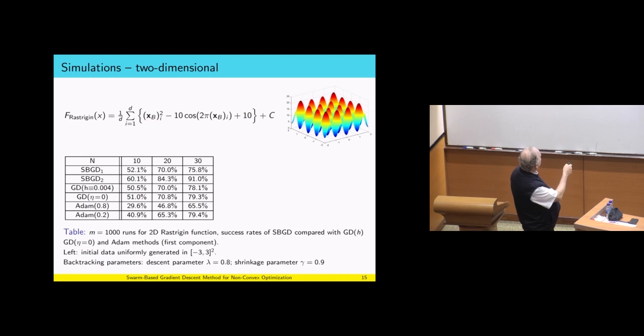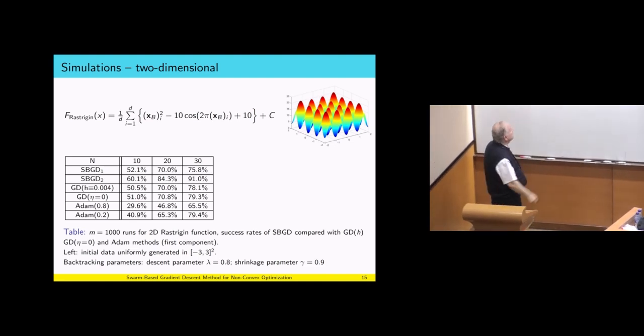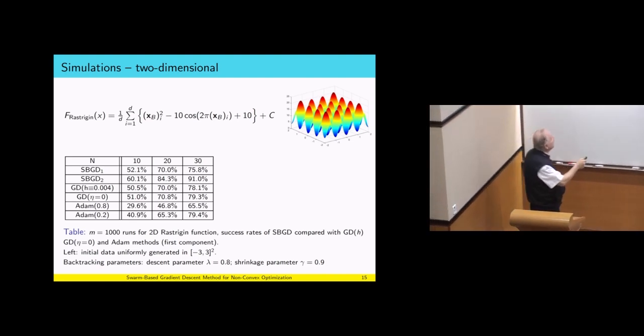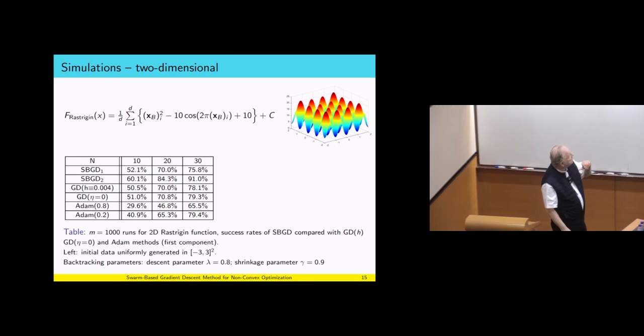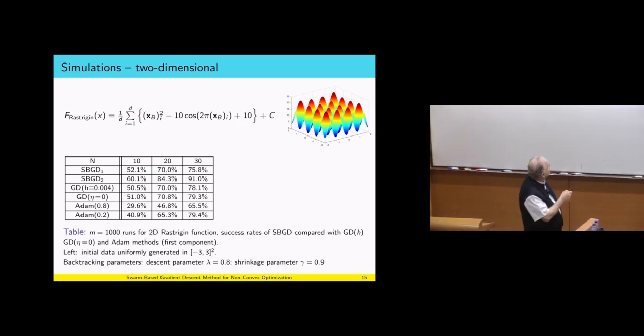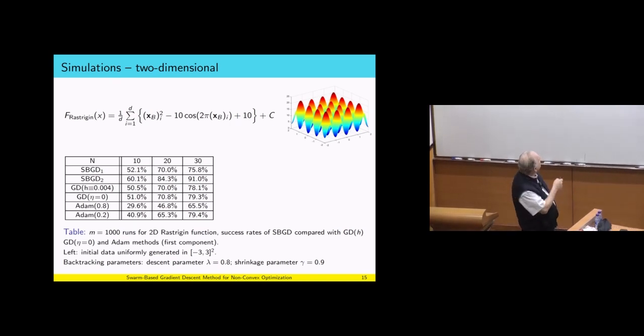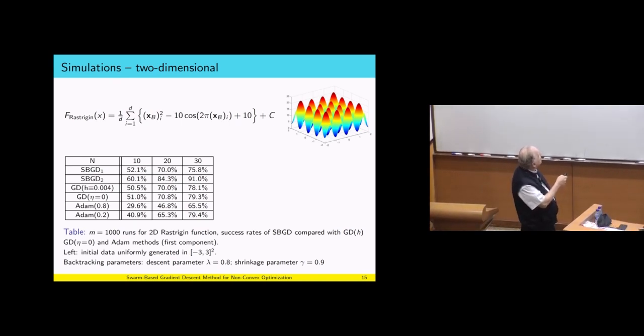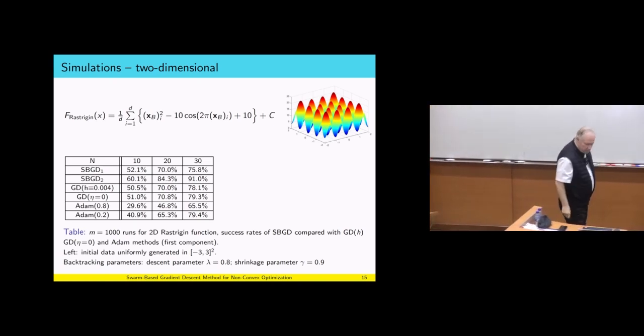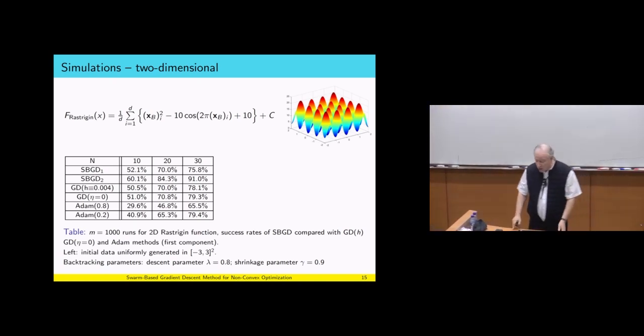And we compare SBGD1, SBGD2. This index is the power that I mentioned before. Gradient descent with a fixed step size, gradient descent with no communication, Adam method with various steps that I will not get into. And you can see the success rate roughly, if you're asking me, the same. I mean, you see the 2 is better than the 1. I don't care about all these things. One important thing in this business, which I try to avoid, I do not like to optimize parameters.